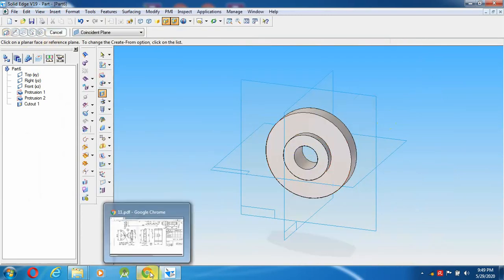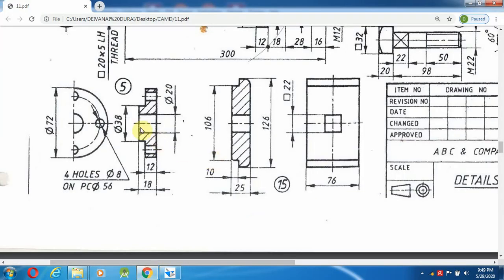Now the next step, I am going to make 4 holes of 8 mm diameter on a pitch circle diameter of 56. It will come in the bigger, 72 mm diameter cylindrical part.